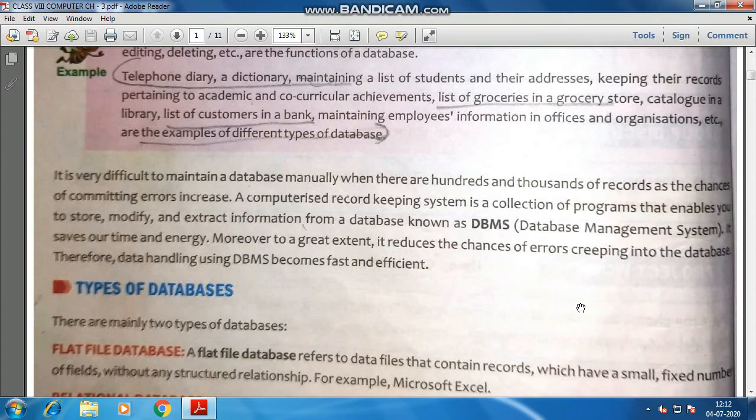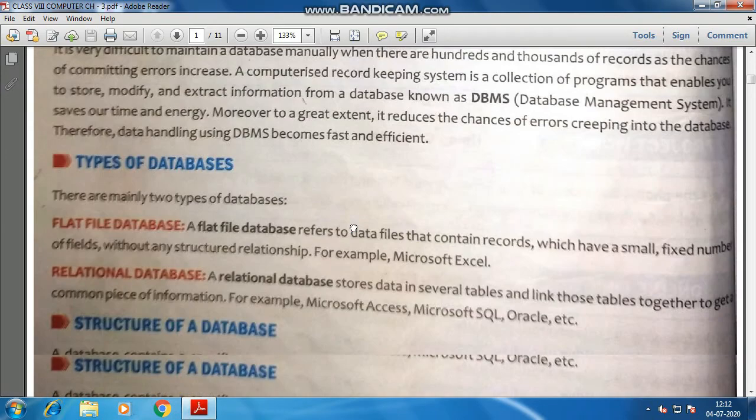Using DBMS becomes fast and efficient because it prompts you that the name is already written. If it is the same name, just delete it. If it is another name, add some more details so that you make the entry unique. I hope this database term is clear to you.